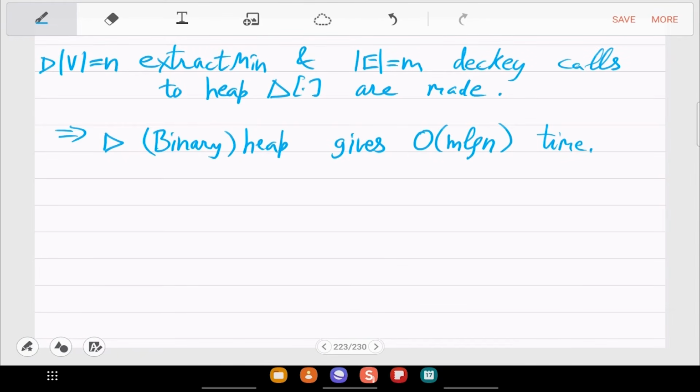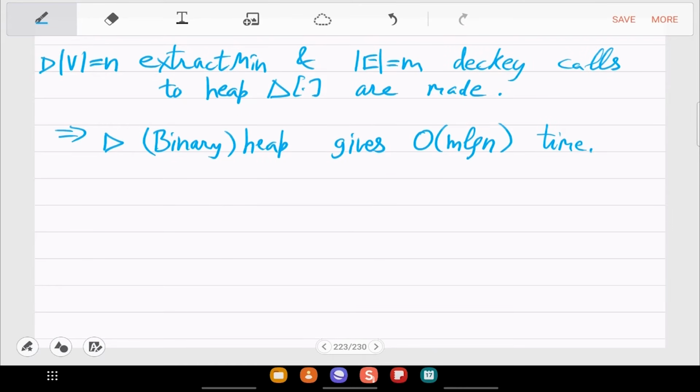Is that clear? So this is now a self-contained algorithm. Everything that is in this pseudocode you have seen in the course. So if you implement this algorithm, then you will get an m log n time algorithm.